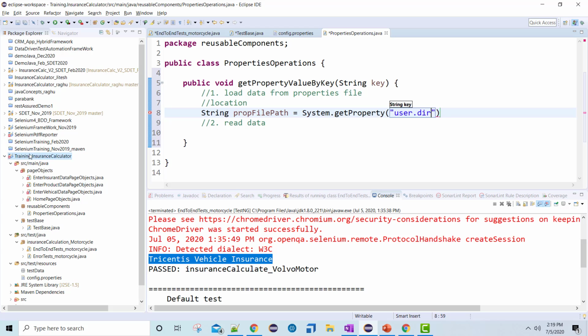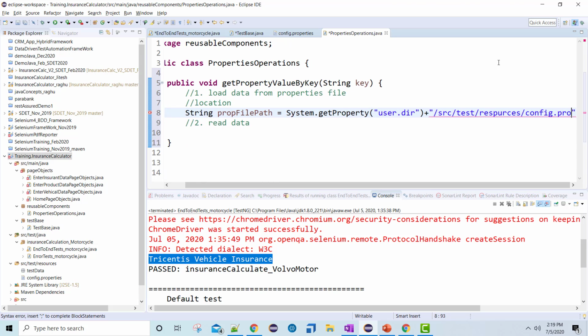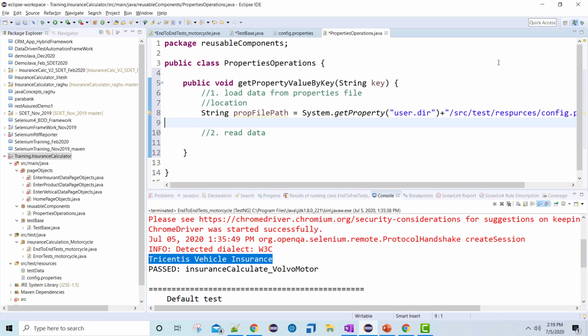So I will get the path till this particular location, and then I want to go to src, then test, then resources, then config.properties. That's it. Now I have got the complete location of my file. Great, I have got the file path.